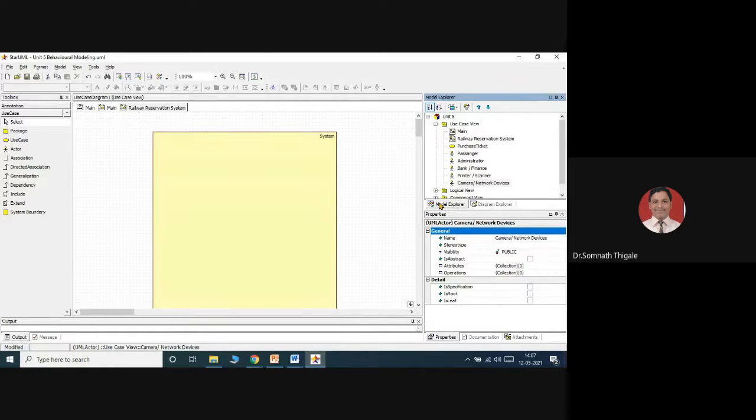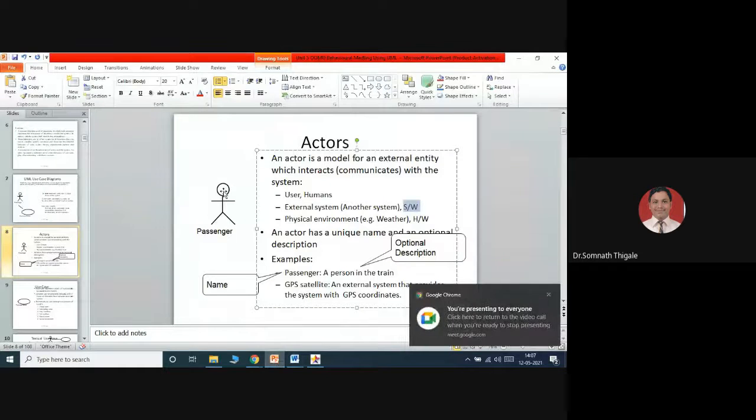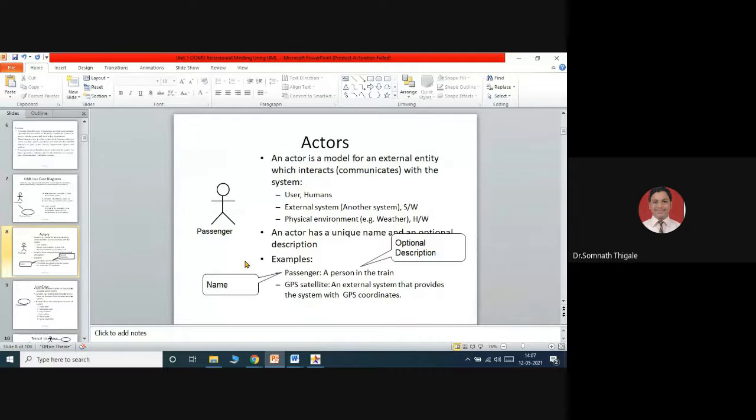Use case diagram. Now the use case diagram is made up of three basic elements. The first element is called what? Actors. So what does actor mean? Actor is anything which is external to the system. We will call them an actor. How to represent an actor in UML? Stickman notation. So this stickman notation is the notation to represent an actor in UML. That is what we are representing.